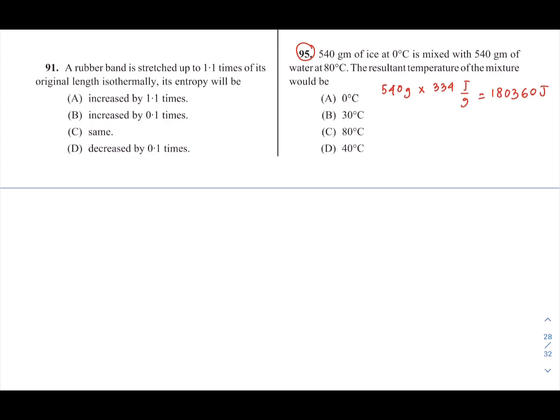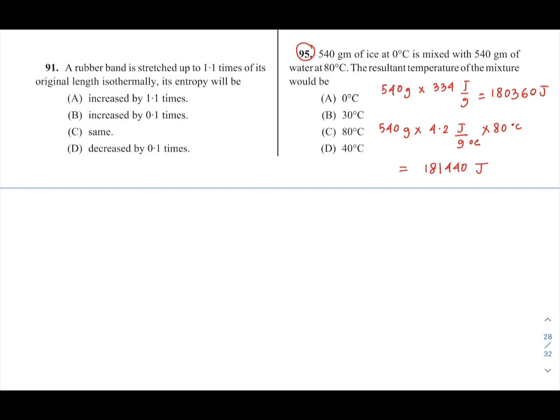And now we calculate the heat released by the water, that is 540 gram times the specific heat, that is 4.2 joule per gram per degree Celsius, times 80 degree Celsius, and this is